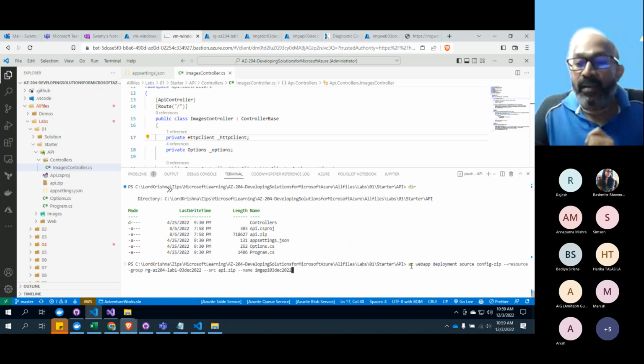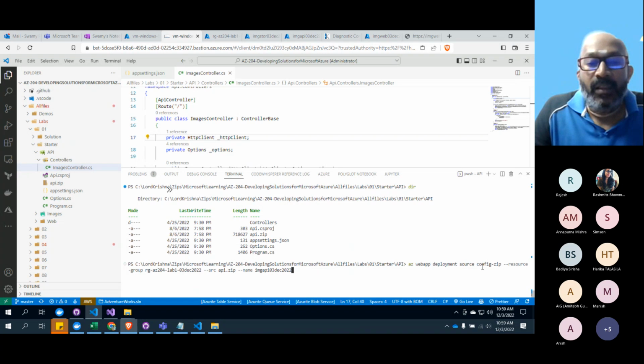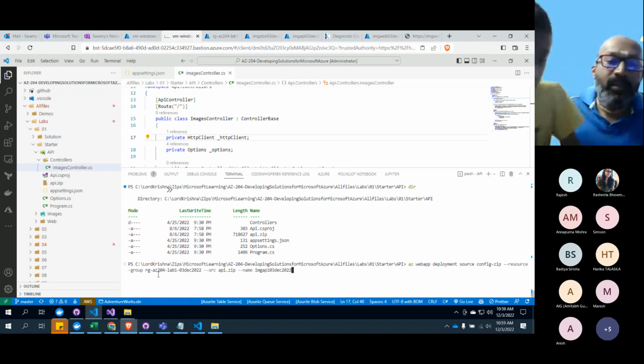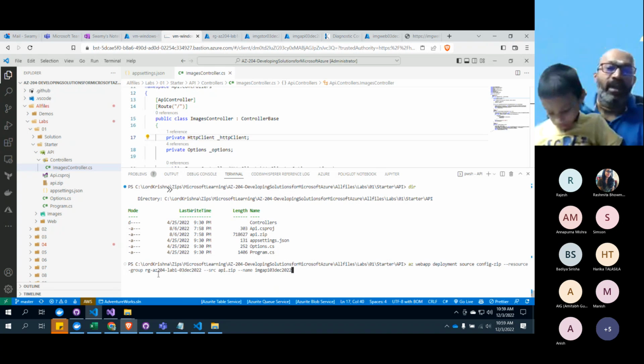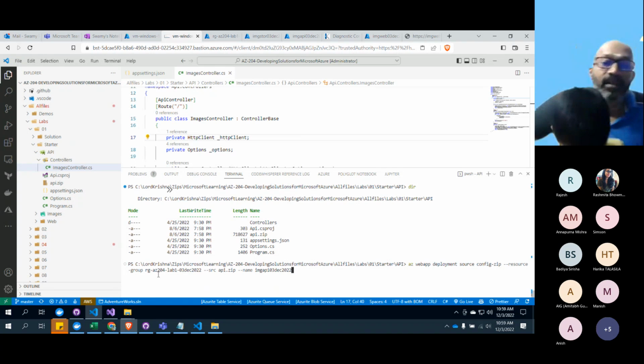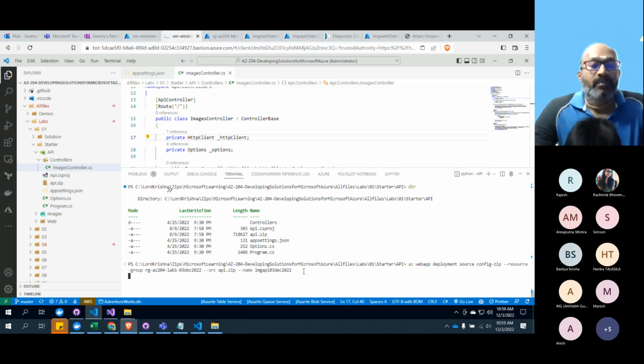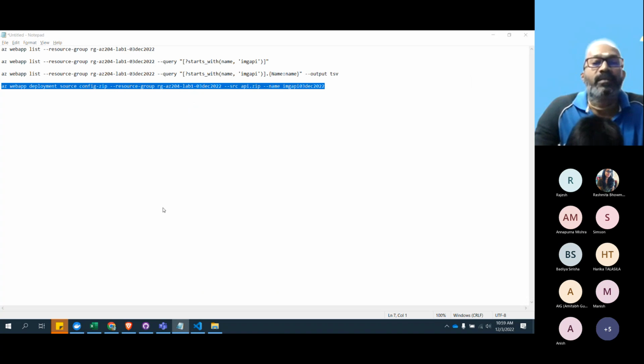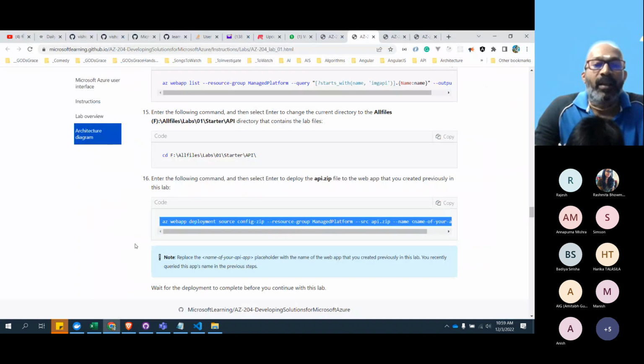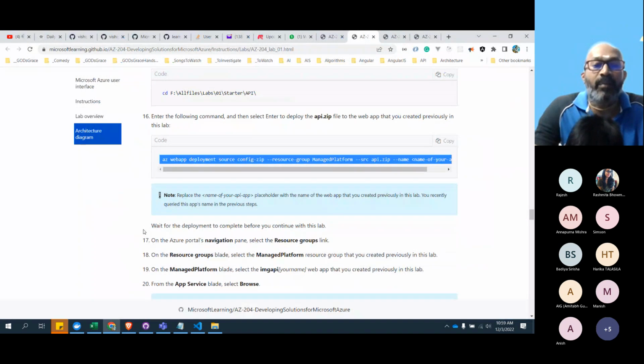Now when I paste it, observe this az webapp deployment source config-zip. The resource group is this one, the source is the API zip, and the name is image API 03 December. So I just click OK, and that will start the deployment.